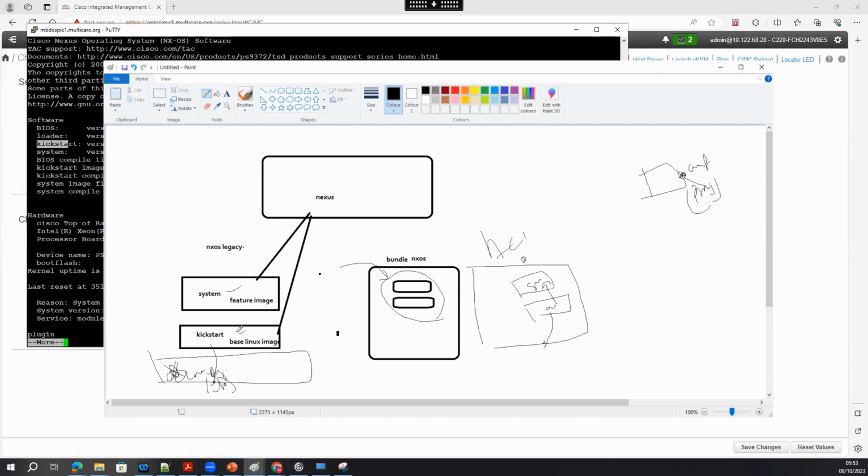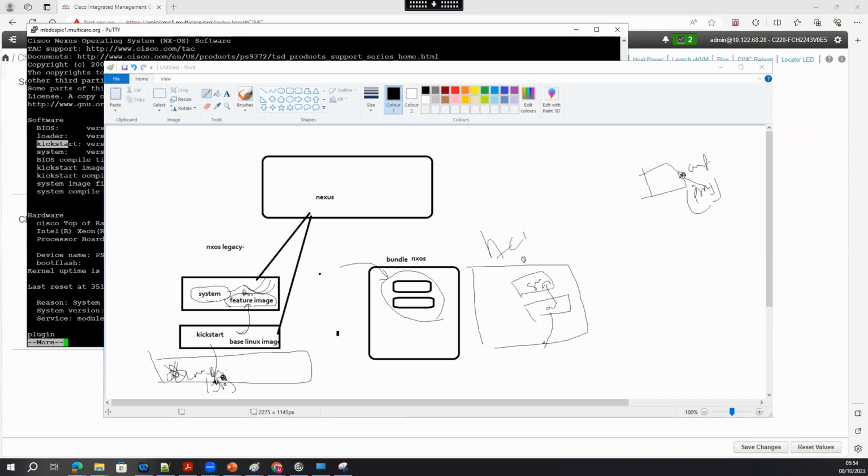Then this Kickstart image also is a way forward for the feature image. If you want to enable any feature on the port, that feature must be integrated with the separate image, which is called the system image. The reason is to keep the two separate images. If anything happens to the individual port, it should not be impacting the system image. So that's the reason there is a correlation between the Kickstart and system. All the features, VXLAN, OS, VLAN, all the features will be available in the system image.